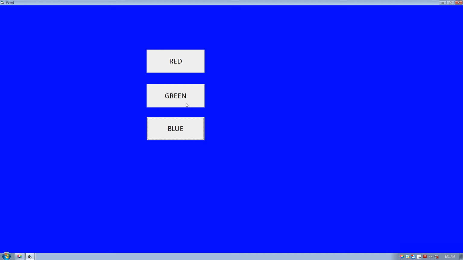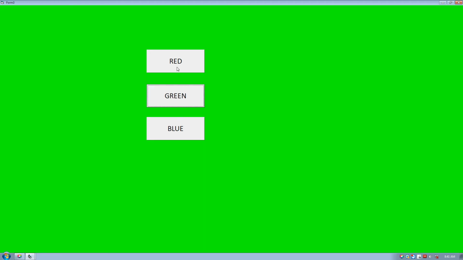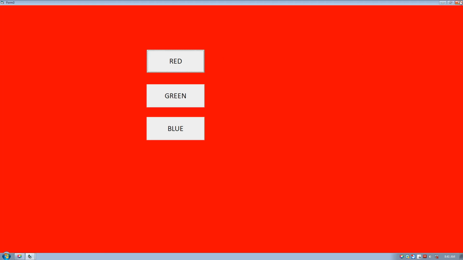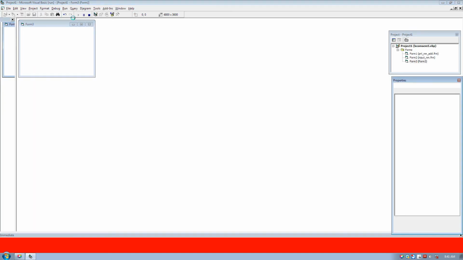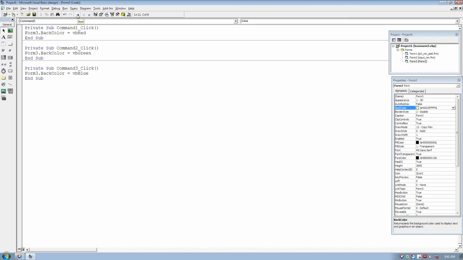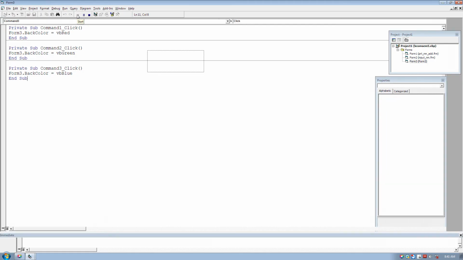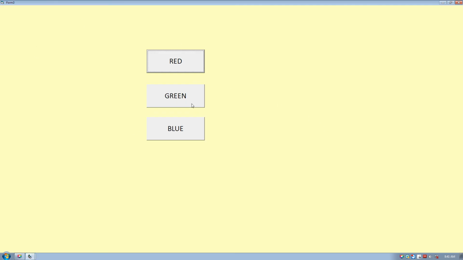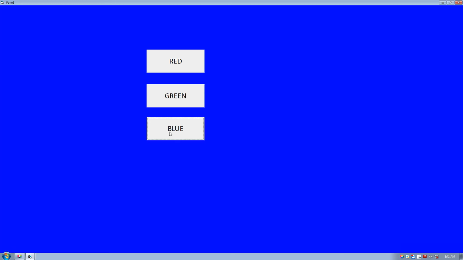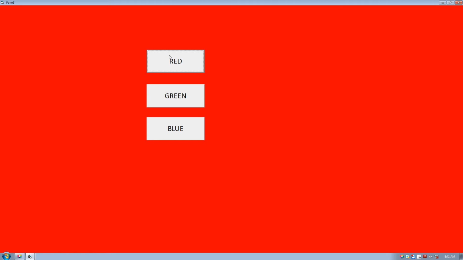You can click on green, then you can click on red. Suppose I close the form and again run the form. Whenever you run the form, the back color will be set to yellow because it is set at design time. I can directly press on blue, then I can press on red. There is no sequence.